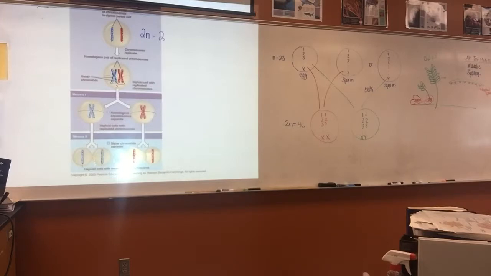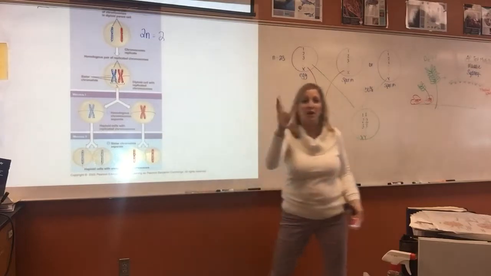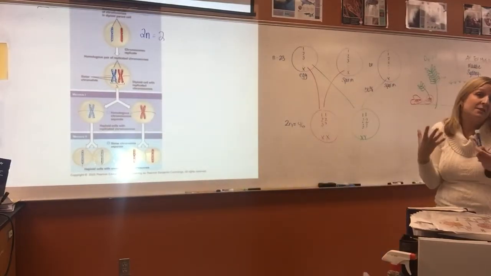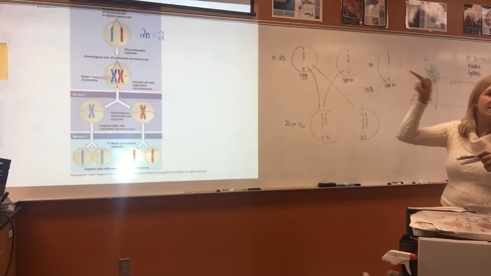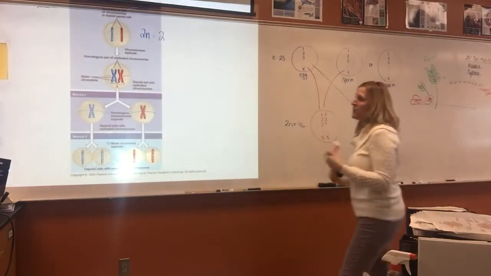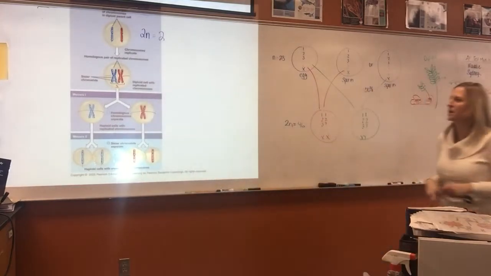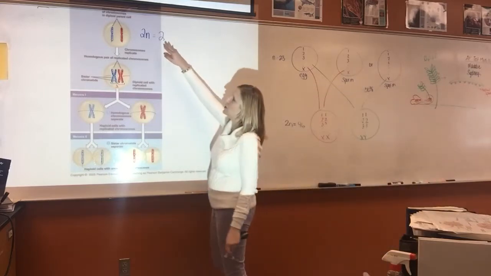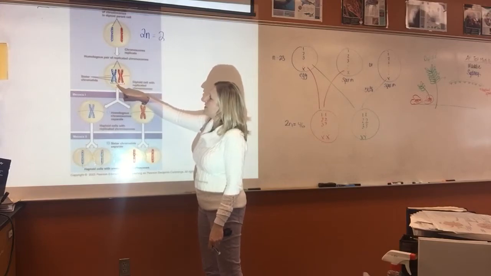That's a good question. I don't know. There are some advantages for doing this. We're going to talk about crossing over and increasing genetic variation. So there are some advantages to doing this process here that you wouldn't get if you did that. All right. So having those advantages is basically the only thing I can think of in terms of why that would be. So we're going to talk about that next here. So 2N is equal to 2 here. So these guys here, the DNA replicates, and in this case here,